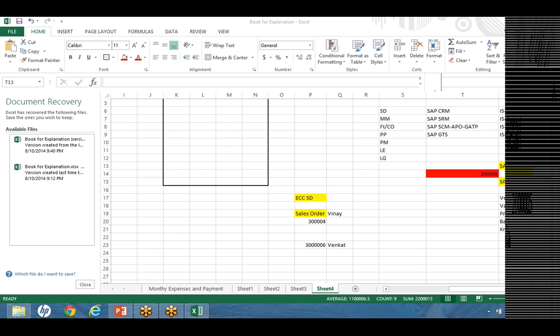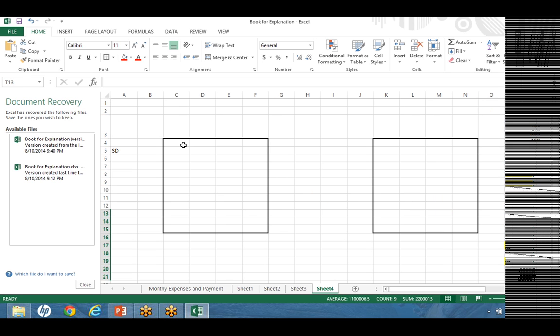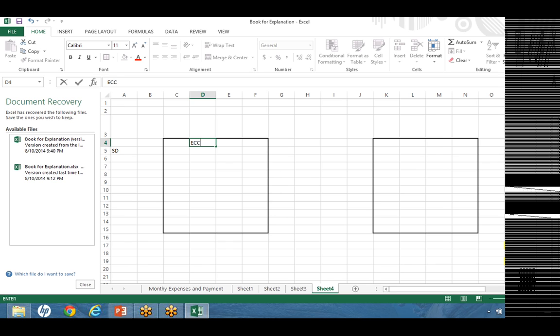Okay, Venkat. Okay. Yeah. Okay. And then coming back to what I was actually telling. So here, this is the ECC system. Okay. There is a question